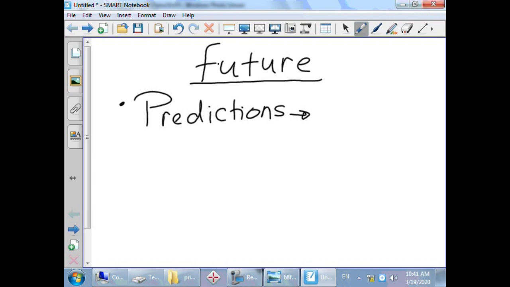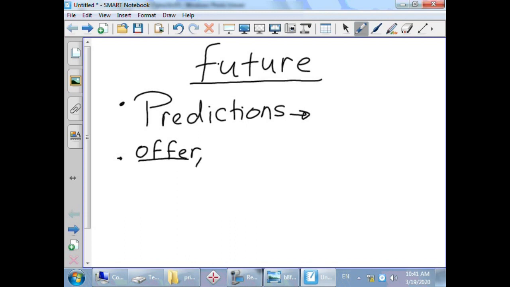When else do you use the future simple? For example, when you talk about offers, promises, threats or warnings. Like for example, you must be hungry, so I'll make you a sandwich. So when you offer something, you're offering to make a sandwich, so I will make you a sandwich.